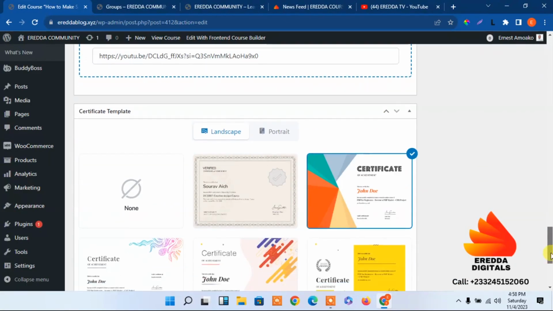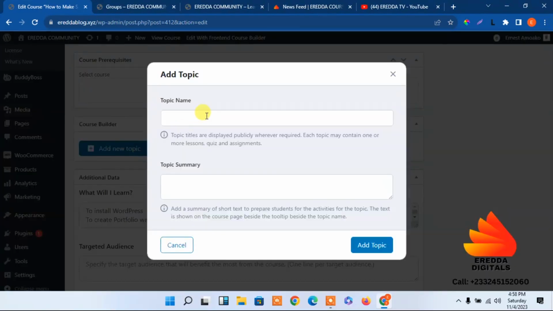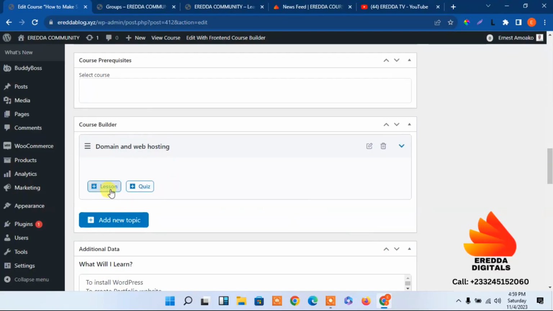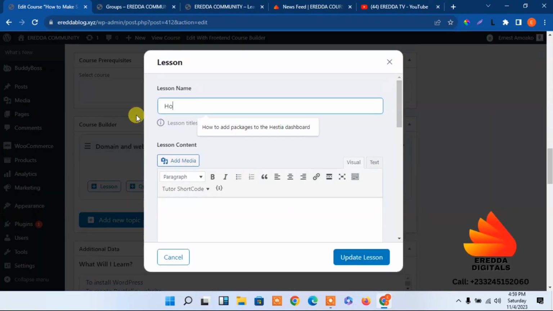Now we have not added the course content yet, so let's see how to add the course content. Let's go down here, and up here it says add a topic, so we can click here and add a topic. Okay, so what will be the topic? Let's say domain and web hosting. Okay, so this is our main topic. So under this topic we can have a lesson and a quiz. So this lesson is going to be how to